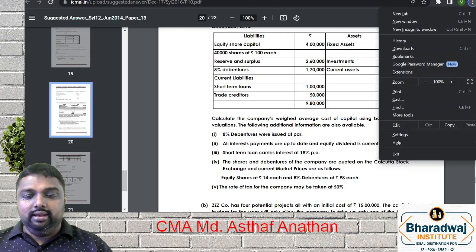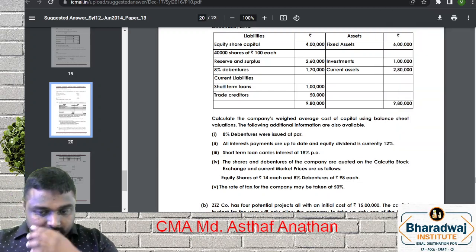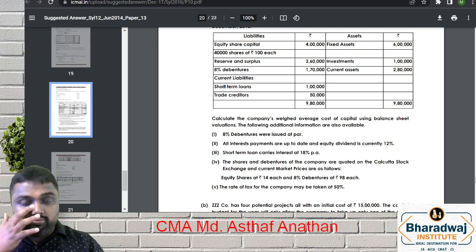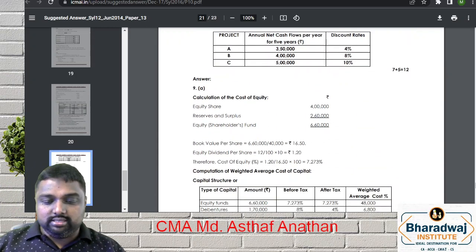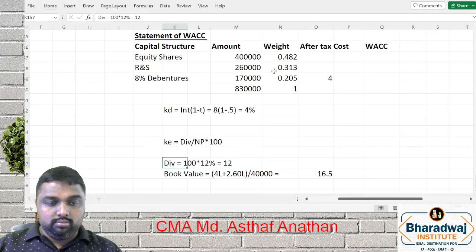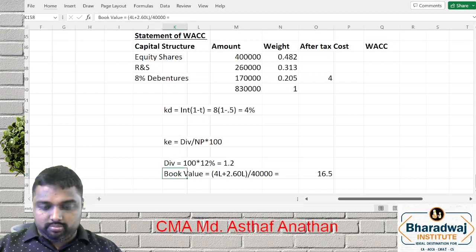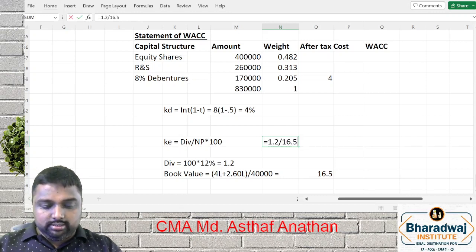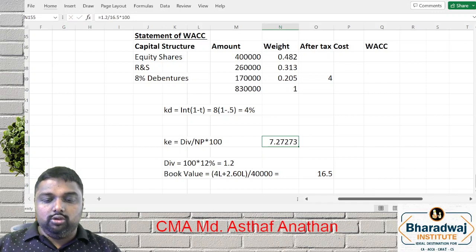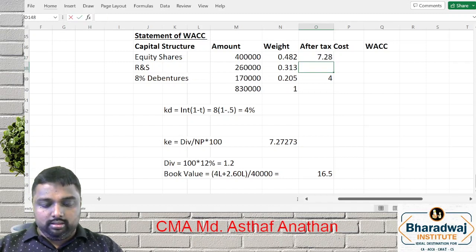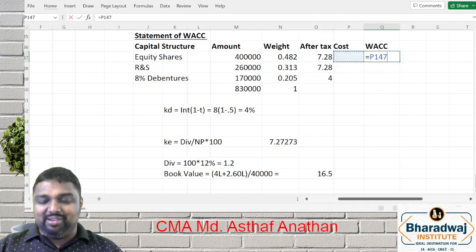See, in your material, they made a point that all equity up to date of dividend is 12% is not, that is 0.2. Actually, they made it like that here. You see this, they have taken 12%, accordingly they adjusted with the 10. So they have taken only 1 point. So we'll go for the same way. So what will be the amount? 1.2 divided by 16.5 into 100. You can convert into 7.28. So book value is always easy.